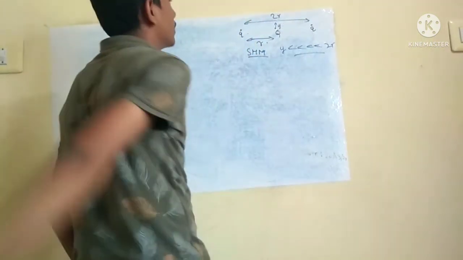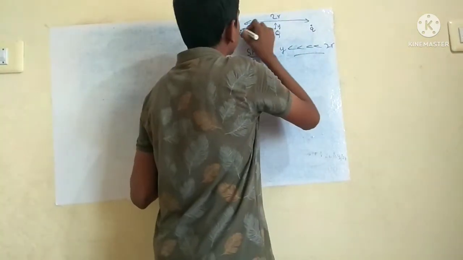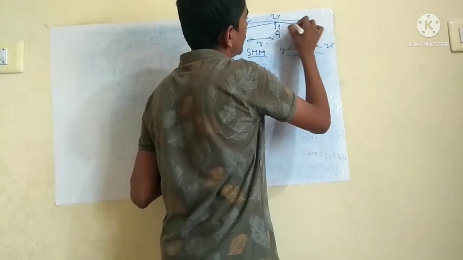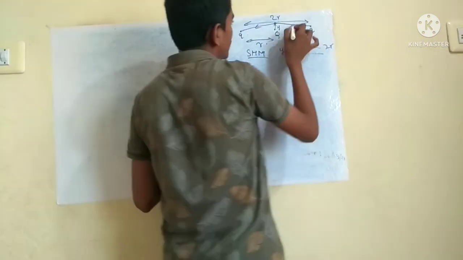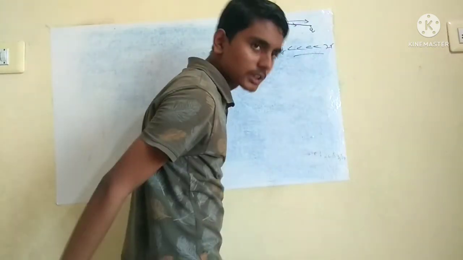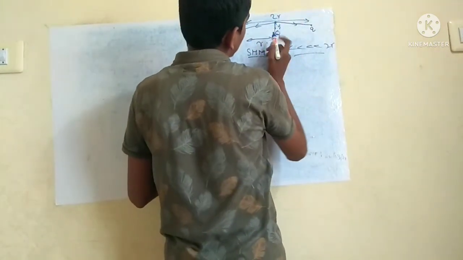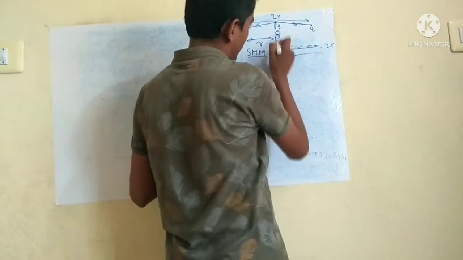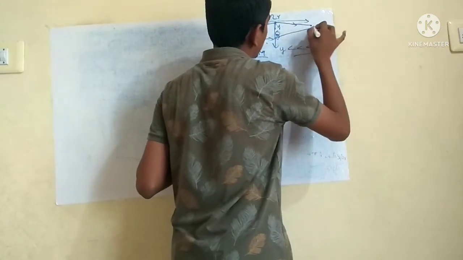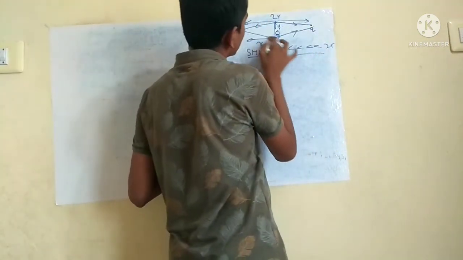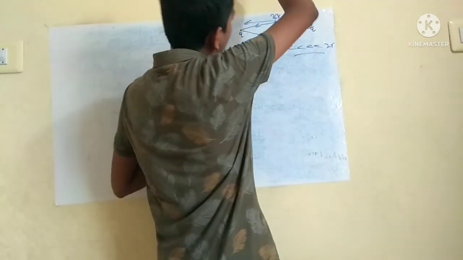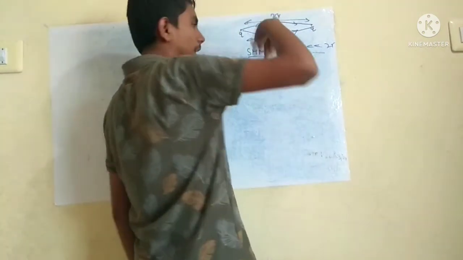Okay, oscillation. When I lift it here, the attraction force will be there. Here attraction force will be there, here attraction force will be there. Resultant force will be in this direction. So it will come down up to y downside. When it comes down to y, again the forces will shift upside. Now force is in this direction, force is in this direction, resultant force will come in this direction. It will go up. Again it will come down, go up. Like this it will oscillate.